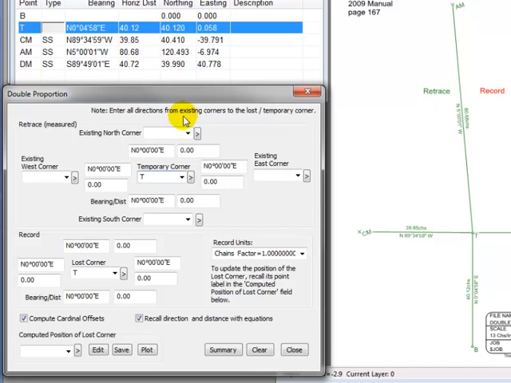Let's start here at the top. There's quite a bit of information here. The top section is our retrace or measured information. And so I'm going to tell Traverse PC that point T is my temporary corner. Because I selected it up here in the traverse view, when I open this dialog, it knows that already and it's put it in place. So I'm just going to go around the known corners here, and say my existing corner to the north is